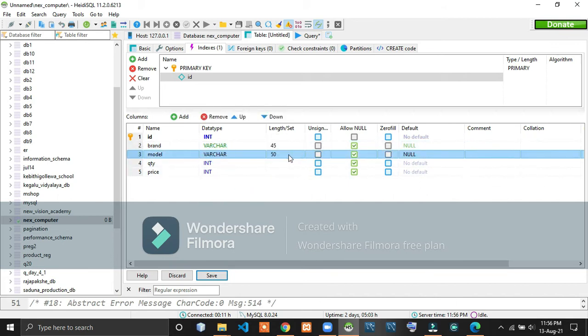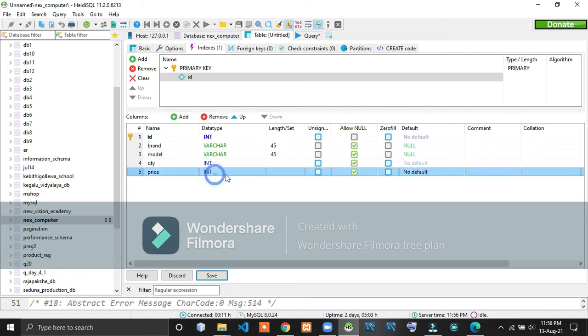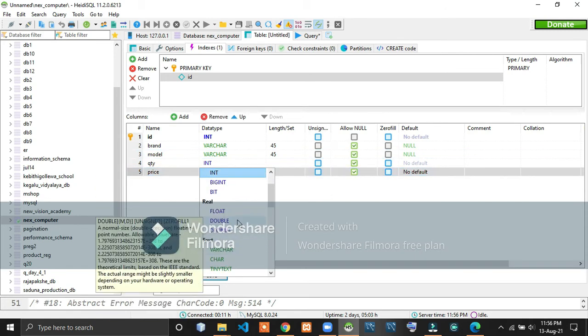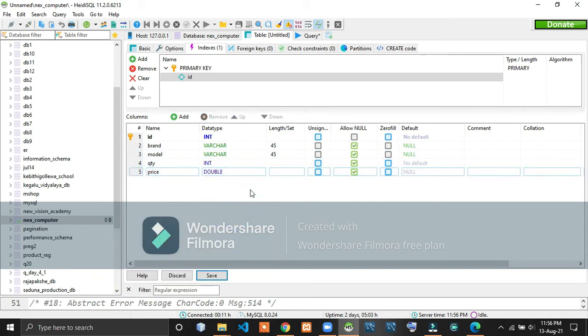For the model, the data type is varchar, and the character length is 45. For the quantity, they gave the data type as integer, and for price they gave the data type as